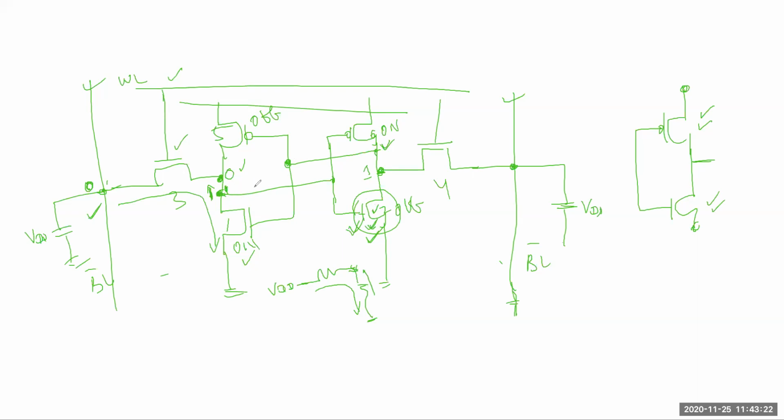So very simple thing. Why are you thinking so much? So now if this point voltage is more than the threshold voltage of this NMOS transistor, then the data will be destroyed. During that read operation, the data will be destroyed. So we have to preserve that data. So our condition is that this value should not be more than the threshold voltage of this transistor. That was my question.